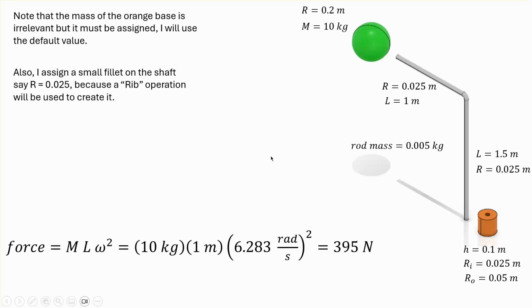Now, basic dynamics tells you that if this is going at an angular velocity omega, this mass experiences an inward acceleration that we call centripetal acceleration, and the force is the value of the mass times the length of the rotation arm right there, which is L, times omega squared. If you plug in the values here, assuming that omega is 60 RPM, you're going to have 395 Newton. That is the virtual force or inertial force that the green mass will feel. And of course, that is going to appear here at the bottom as a force, and that is going to be the joint force. Now, what about